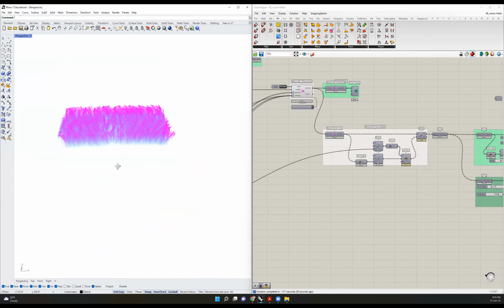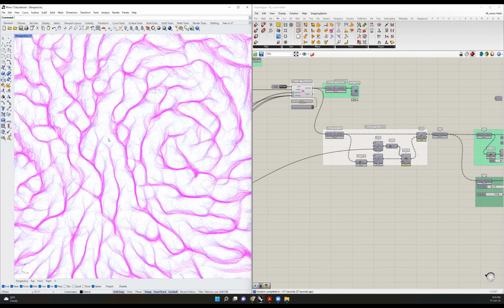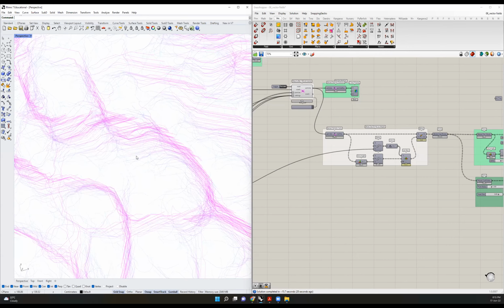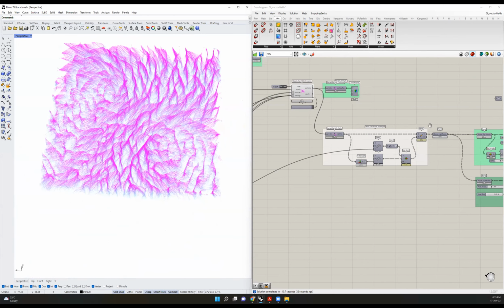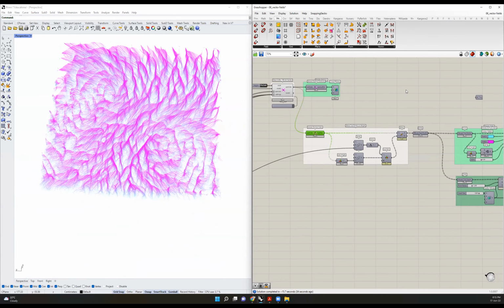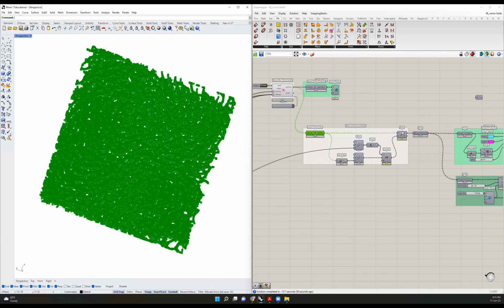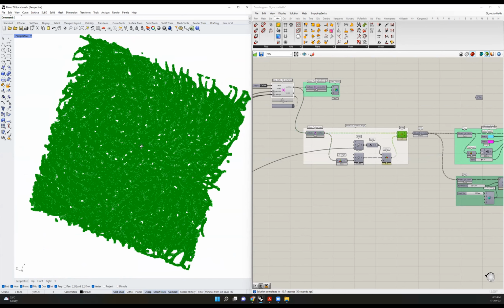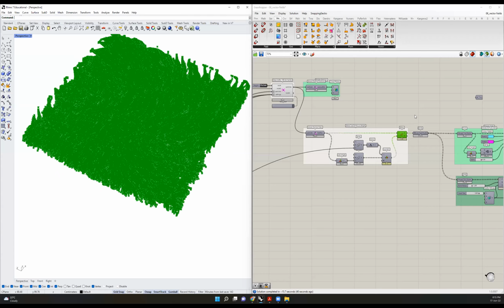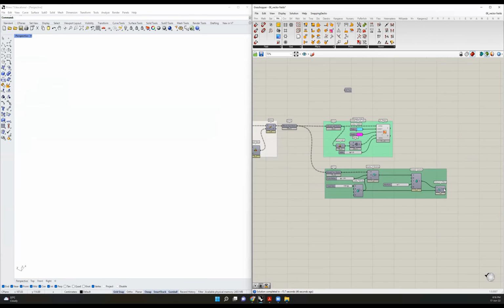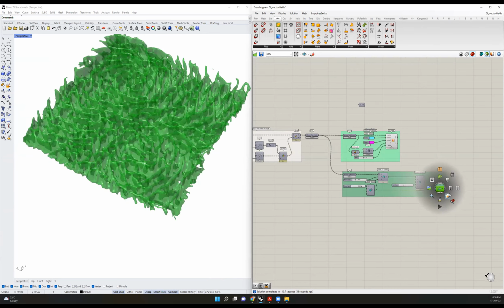And by doing this, I basically record the movement, but I also manipulate it on the z-axis. Yeah, all my particle trails are here, and I'm moving them on the z-axis. And this creates